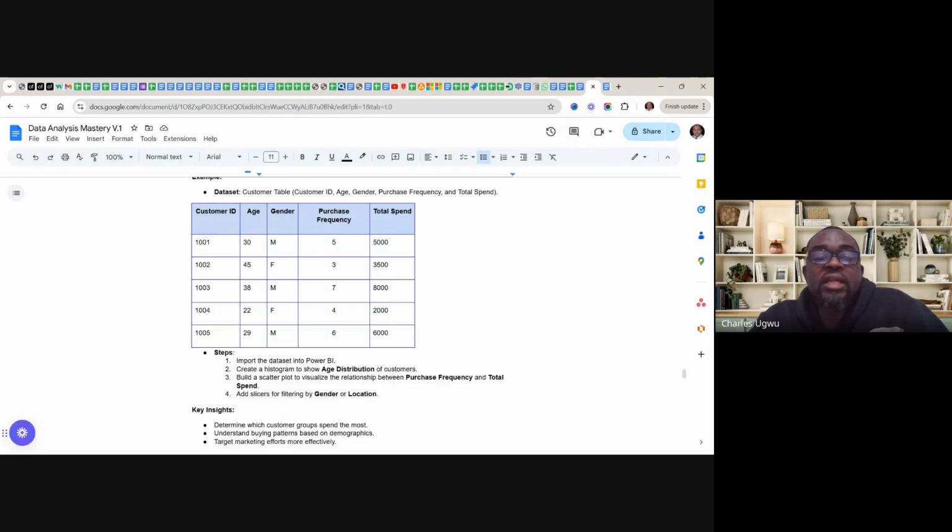Steps: import data into Power BI, create a histogram to show age distribution of customers, build a scatter plot to visualize the relationship between purchase frequency and total spend, and add a slicer for filtering by gender or by location.